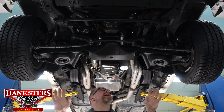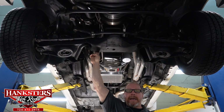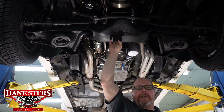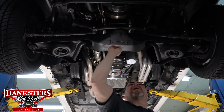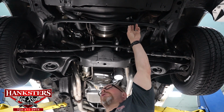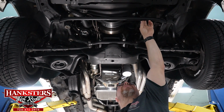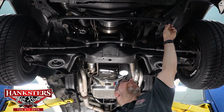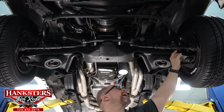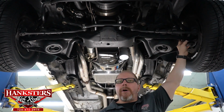So again, as far as that goes, it starts with your cross member. Again, this front cross member here is in excellent shape. Does not look like it has ever been touched with anything underneath here. Of course, we do have the front sway bar. Now this is, I believe, an inch and, I'm not sure exactly, but I want to say 1 3/4 front sway bar here. The bushings here at the frame are in great shape, no splits or cracks in that, and the sway bar end link bushings themselves, no splits or cracks there,